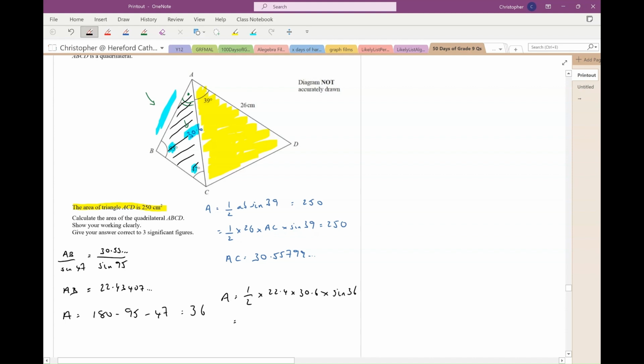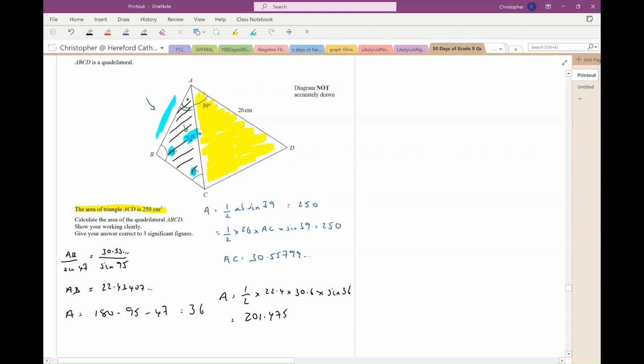Okay, so I've got 0.5 times 22.43407 times 30.55799 times sine 36 gives me an area of